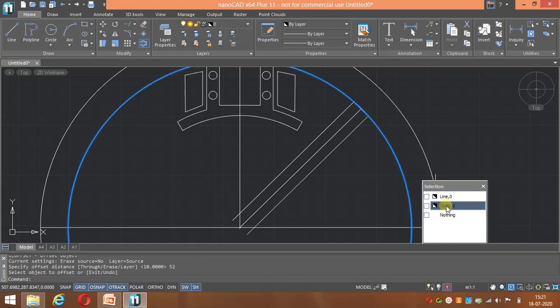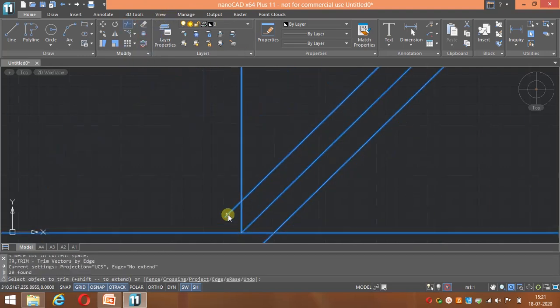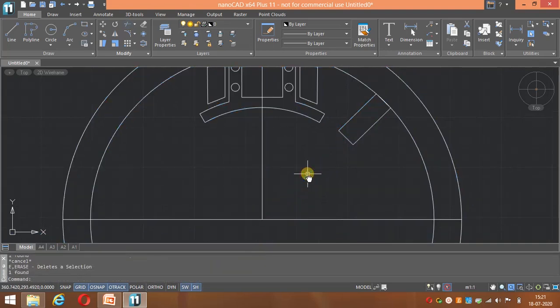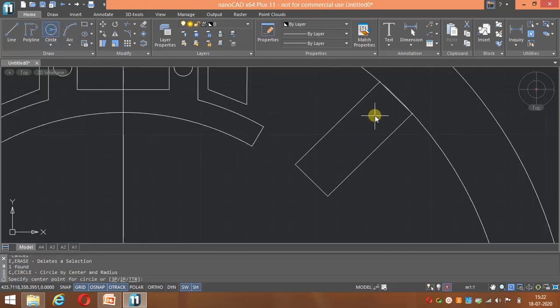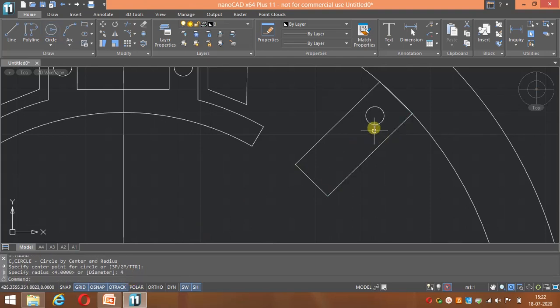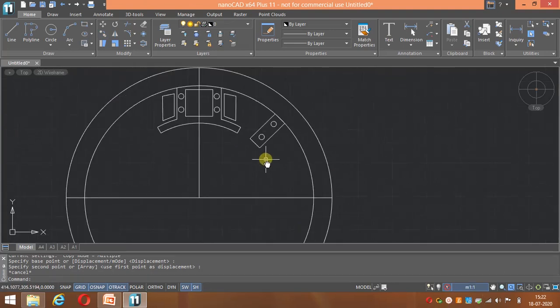If you take circle, again you should go for trim. That's why I have written a line here. So this is the line and it should be located this side. Clear? Now go for trimming, and also no need of this line. Okay, and again draw two more riveting holes here, which is having 4 mm radius. Okay, and I should write interpole windings around this interpole.